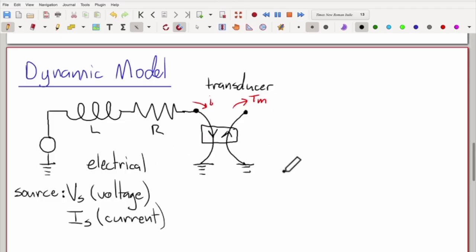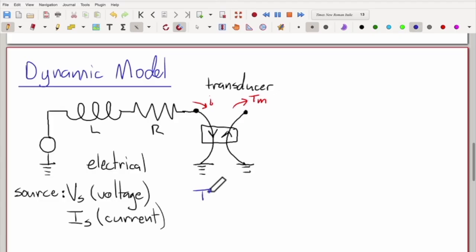And over here is the mechanical domain. In this analogy, we're going to think of torques and velocities like currents and voltages. In particular, we're going to treat torques like currents and velocities like voltages here. So here we have a current coming in and we have a torque coming out, and so the relation for this transducer is